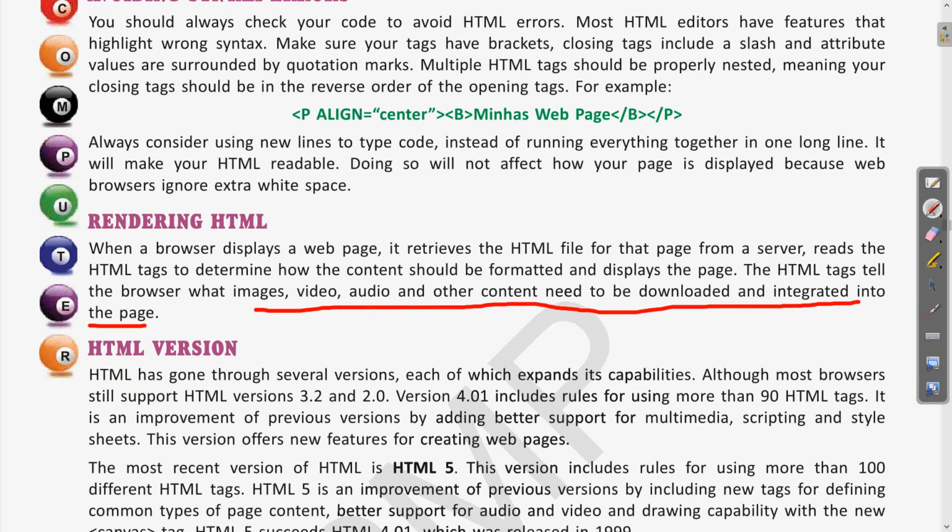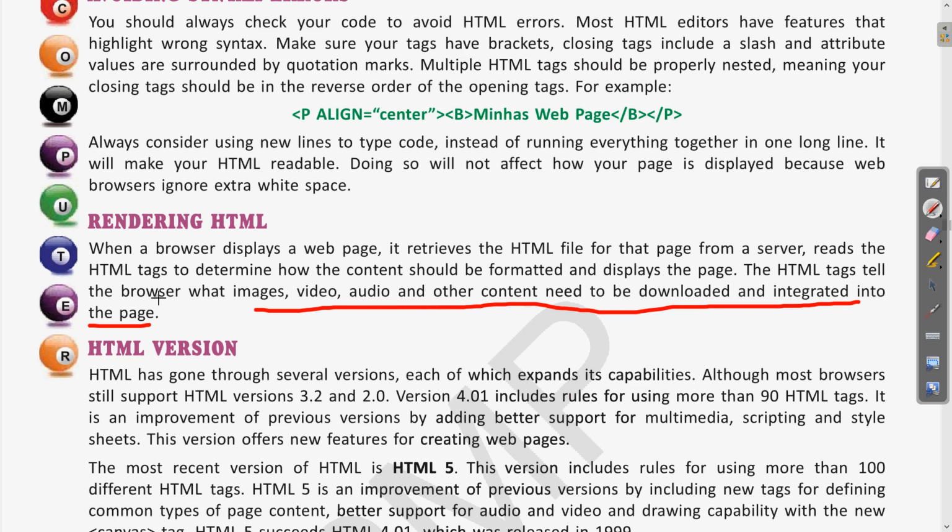So as we were talking about, whenever we open any website, there is not always only text on the web page. There are various other things like videos. If we open any news website or any e-commerce website like Flipkart or Amazon, there are various videos and various images.